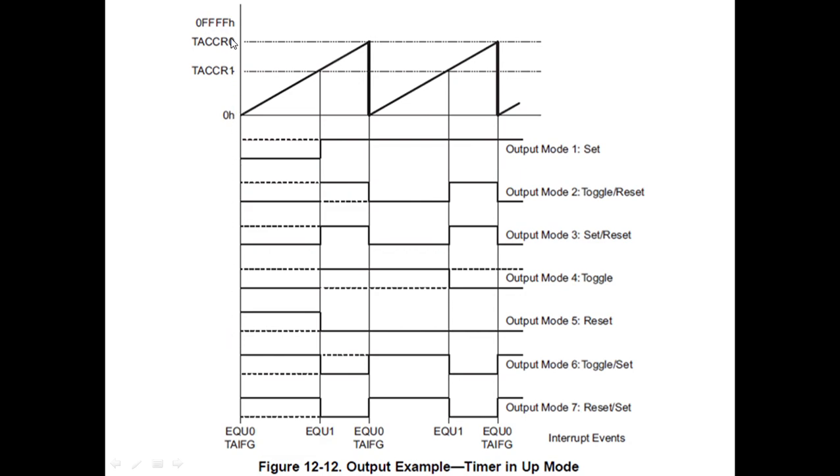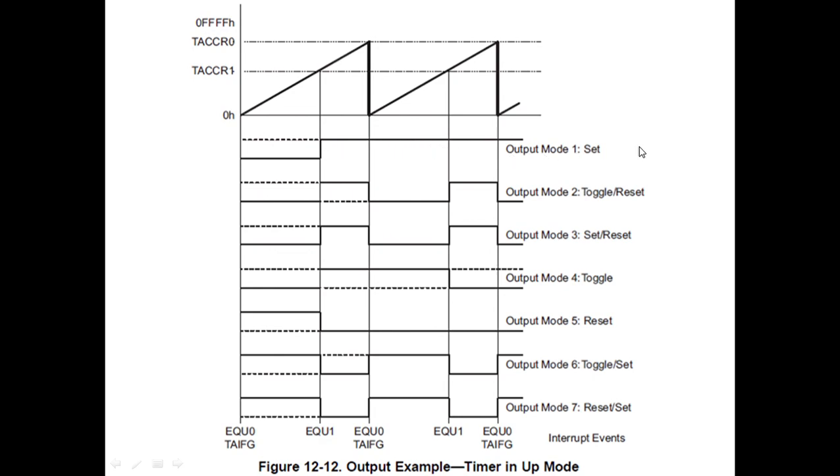Here, since it is a 16-bit timer, its maximum value is 64 kilo. 2 power 16 means 64 kilo, so 0 to 64 kilo. In between we can set the desired counting value or timer value. So there are timer A capture or compare register 0 and timer A capture or compare register 1. Whenever we set the output mode to 1, at that time initially it is 0. Whenever it reaches the timer A capture and compare register value, its value becomes 1 continuously.